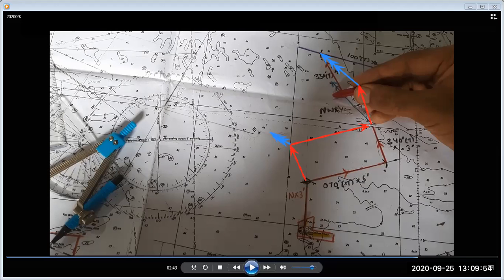And same way, if we want the 2150 position, then we will have to plot the current for 50 minutes from here. So this way we'll get the vessel's position or course to steer, whatever we want.